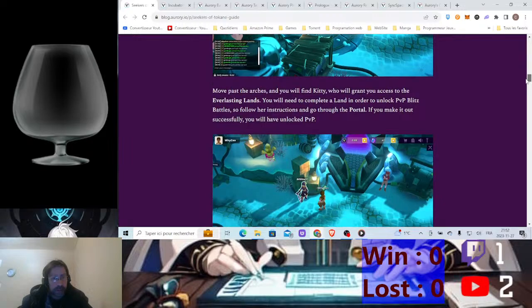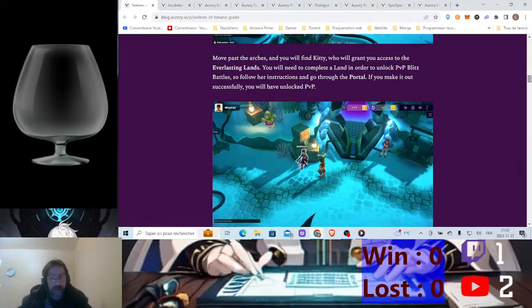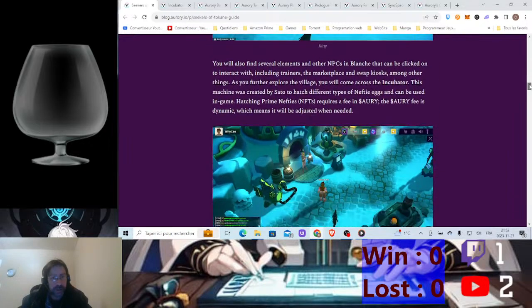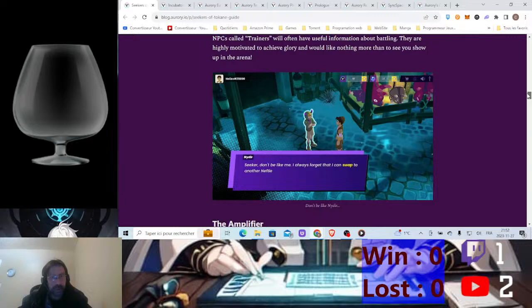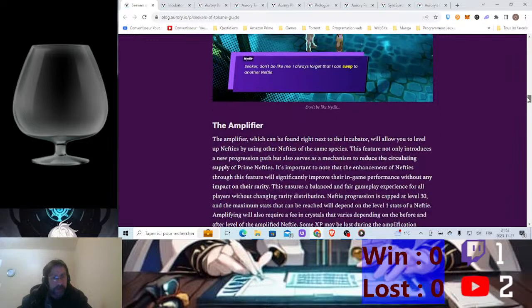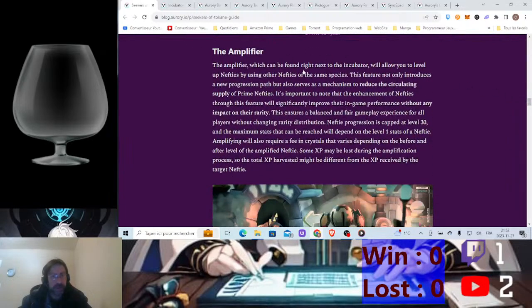The village called Blanche. You move to the arch. This is the arch, so that I show you the last 3 days. Yesterday I showed you with the 3 videos: incubator, amplifier, the trainer. The amplifier, which can be found right next to